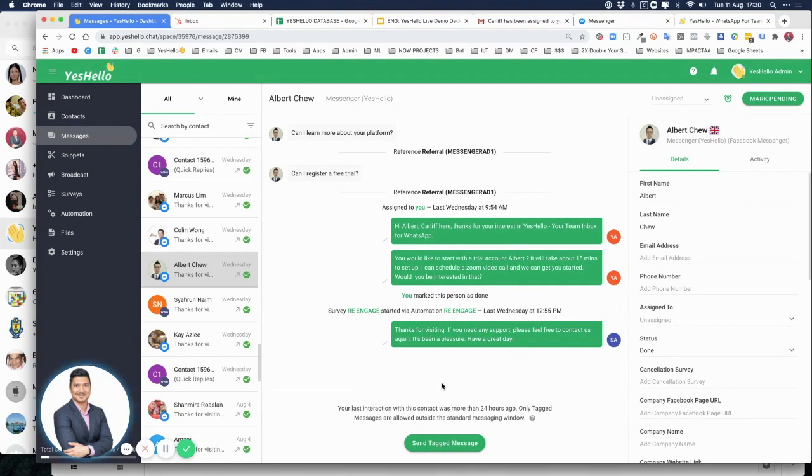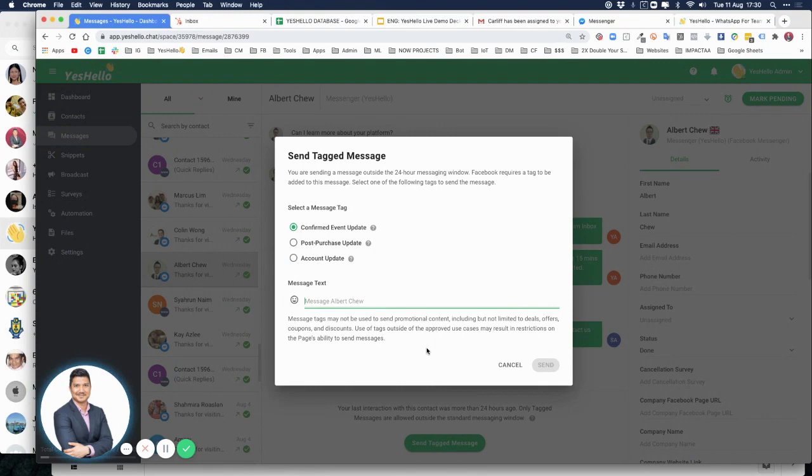So to do this is simple. If you still want to send this person a message, just make sure you don't send them promotional or sales materials. Send them a hello, hi, is there anything I can help you with? Or ask them a question, right? Ask them a question. Hey, would you like to know this something interesting? Okay. Once you click on that, this send tag message pop-up will come up and you'll need to pick one,